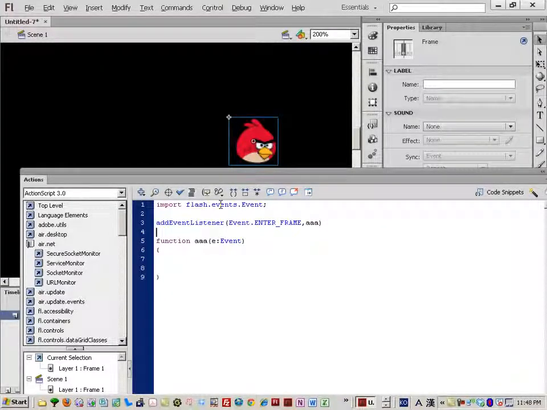Okay, you can see that this Flash program automatically added a line of code at the top. Let's not get too bogged down in the details for now. So don't forget your semicolon at the end of this line, and what we're going to do is actually